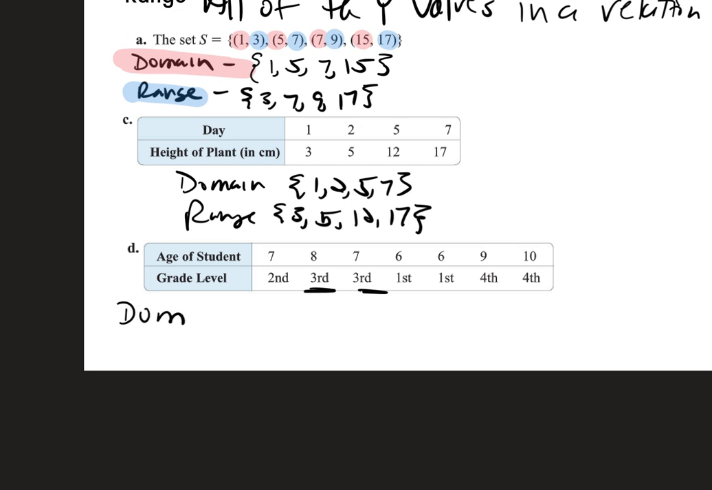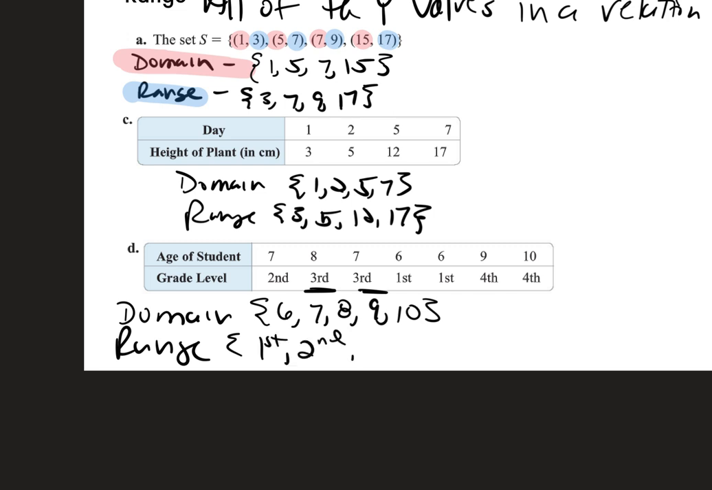So for the domain, I have 6, 7, 8, 9, 10. That's what I have to choose from. 6, 7, 8, 9, 10. Notice I am not writing 6 twice or 7 twice, because it's just like saying first, second, third, fourth. It's like saying